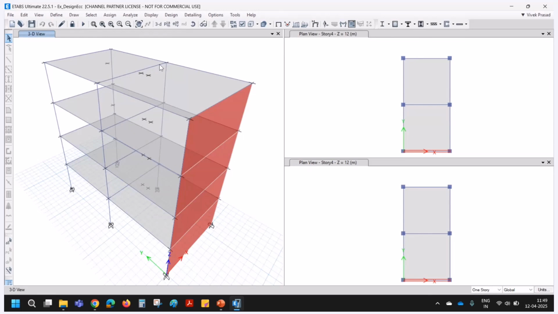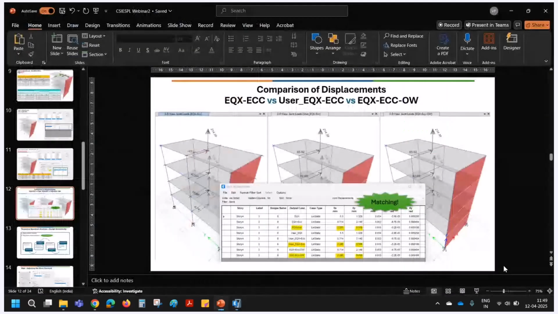You can see these dots, which we'll cover in the next session. Come back